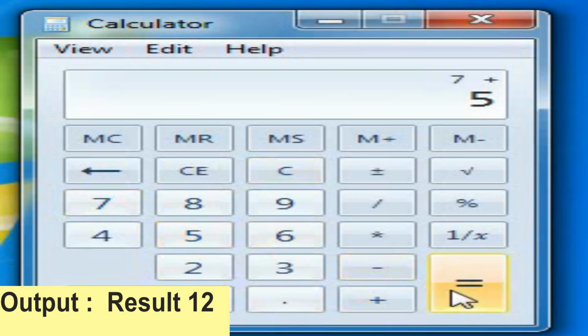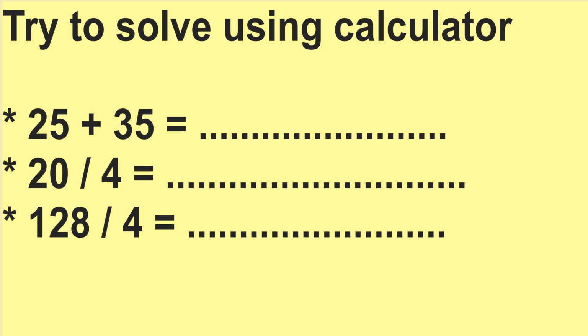After process, we are getting the result 12, that is output. Open your mobile calculator and try this after watching this video and find out what is input, process and output.